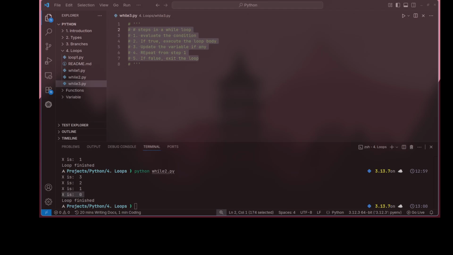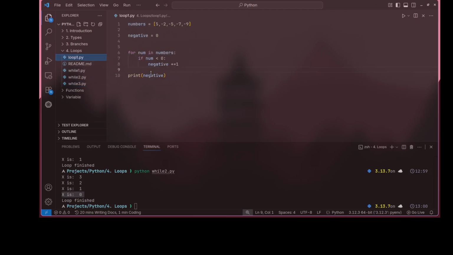Advantage, say we... I think we had covered this, whereby we were counting the number of negatives in a list, but I think we had used for. So I want us to use while here, right? So let's use while to find the number of negatives